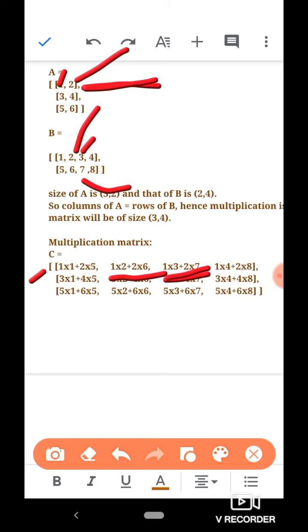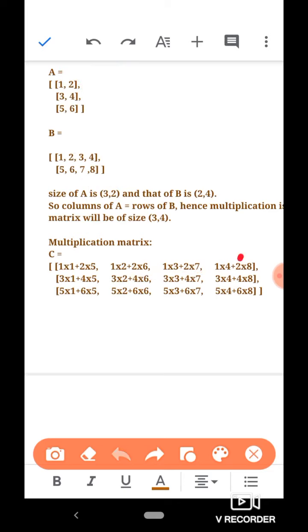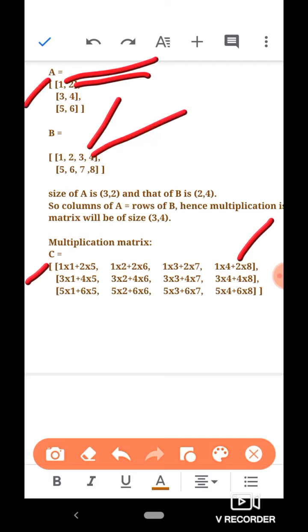Similarly, to find the fourth column item in first row of matrix C, we will multiply the items in first row of matrix A with the fourth column items of matrix B. So we will multiply 1 with 4 and 2 with 8. So 1 into 4 plus 2 into 8. This will be the item at the fourth column of first row.